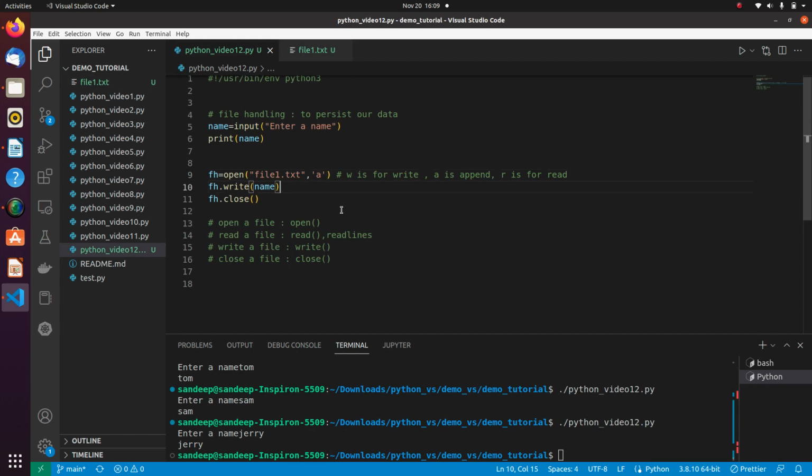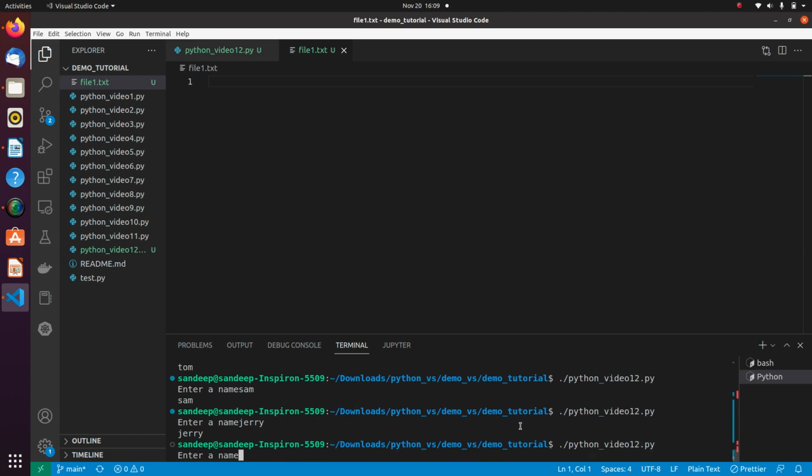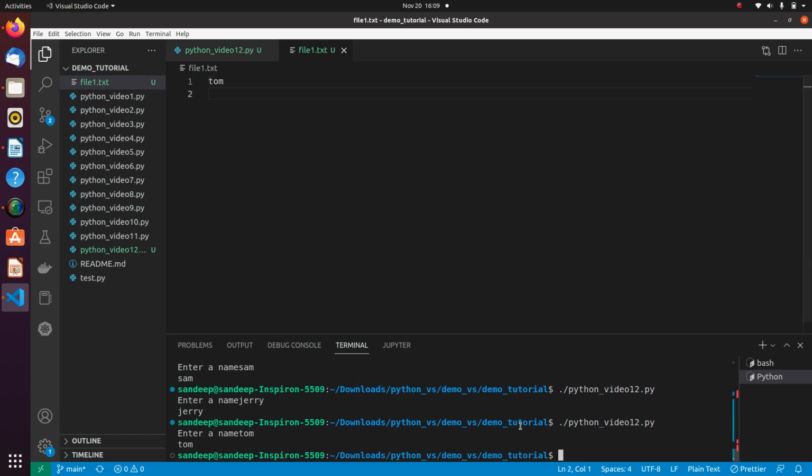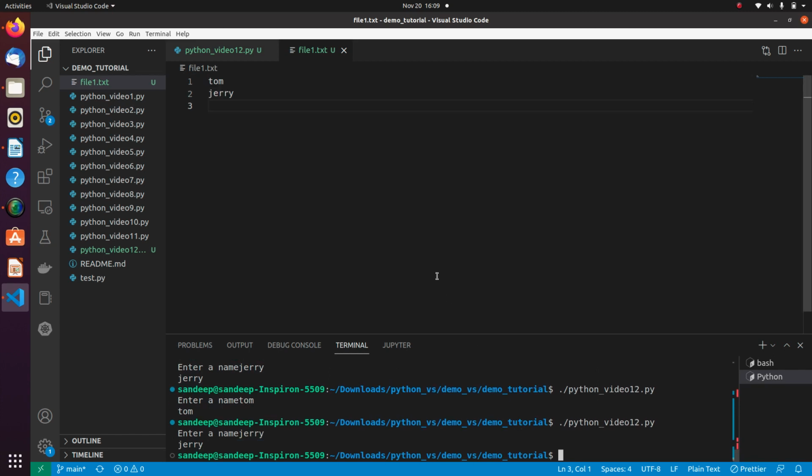Just we can use a new line character here, and then our content will be written to a new line. So let me first delete the content of this file, and if I run this program again, I will say Tom. Let me run the program again. This time I will say Jerry, and you can see that Tom and Jerry have been written to a new line,